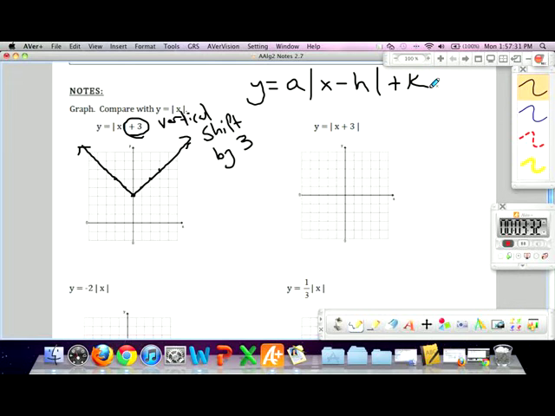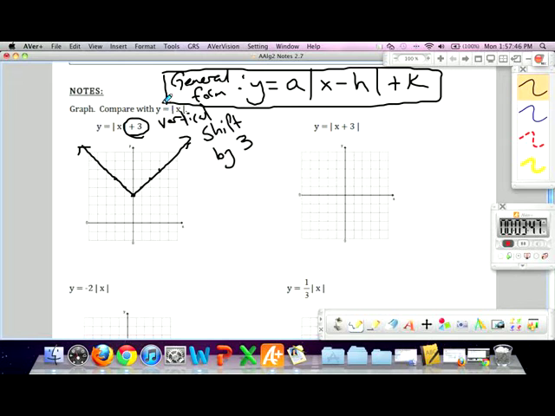This is called the general form of an absolute value function. Each of these different things has a specific effect